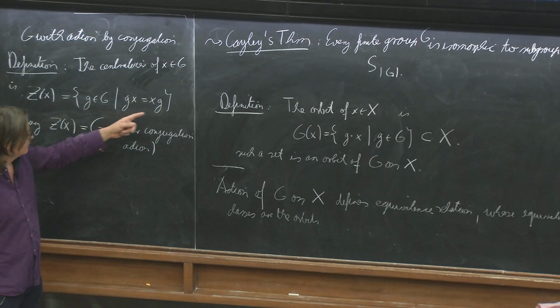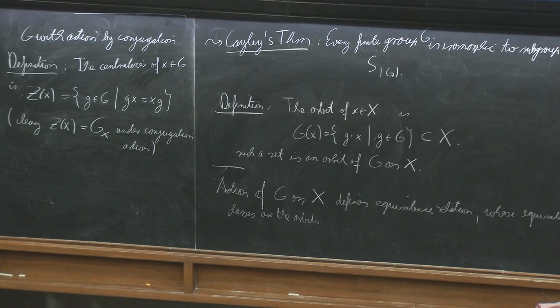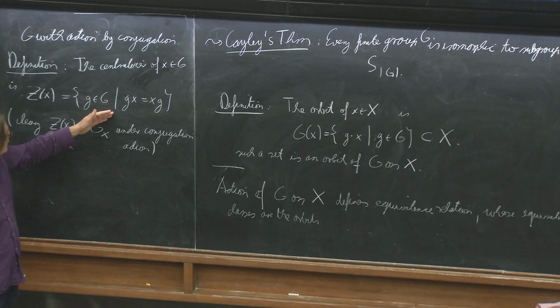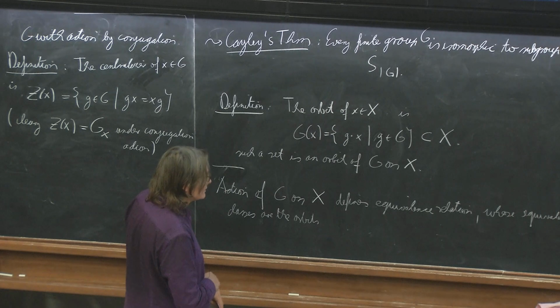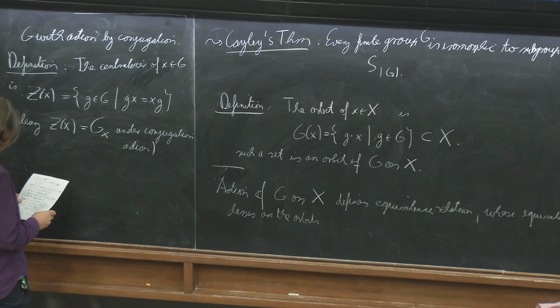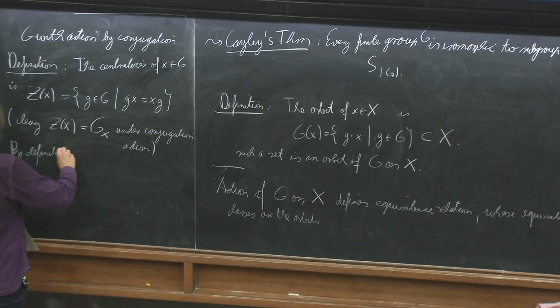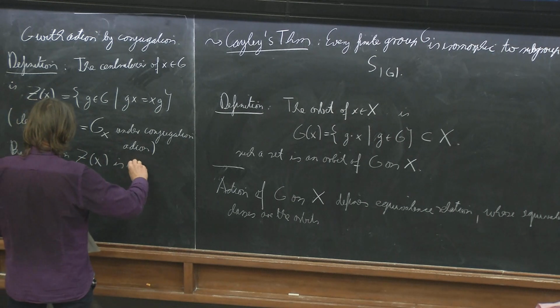Because gx equal to xg is the same as gxg^(-1) equal to x. But anyway, by itself, it's just the set of all elements which commute with our given element x. So anyway, this stabilizer is always a subgroup, which also follows from the definition. And we can see by definition that C_x is a subgroup